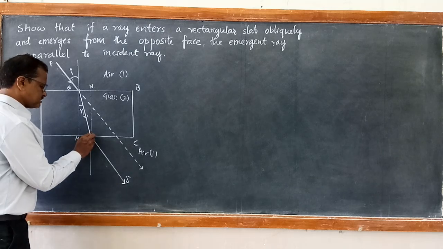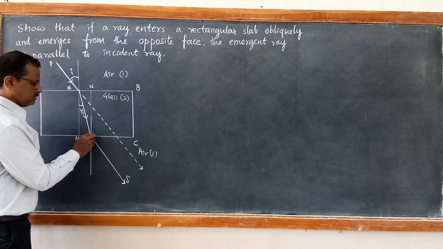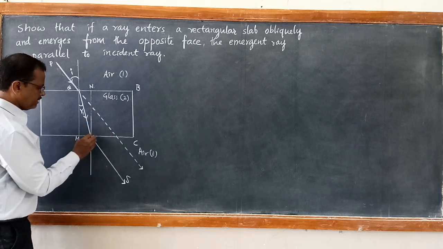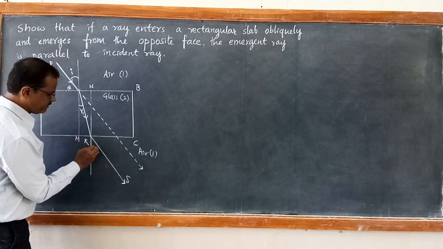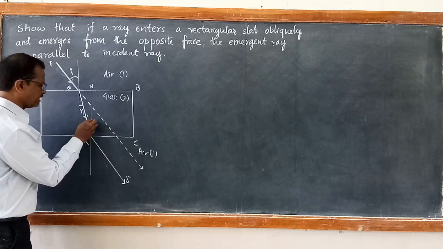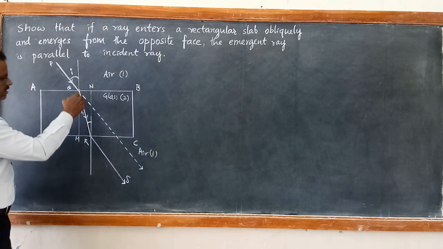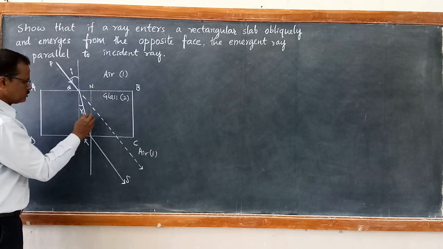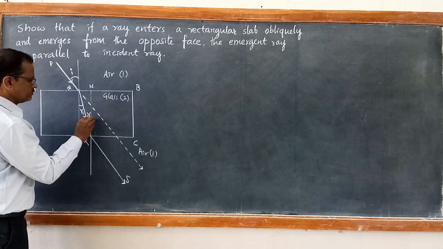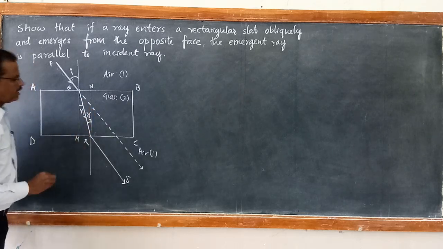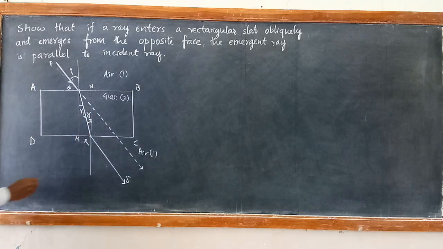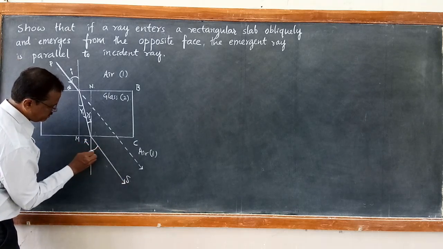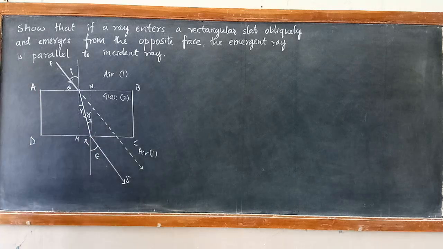So when it reaches this point R on another interface CD separating glass from air, again refraction takes place. It bends away from the normal. So this becomes the angle of incidence. Angle of incidence by QR with the normal. See, the normal is at R here. So this we can call r2. Angle r2. Then the angle made by the refracted ray RS with the normal, let us call this the angle of